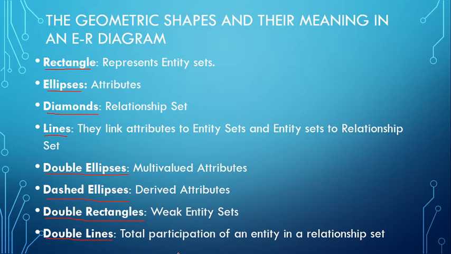You might not be understanding what these mean, what a multi-valued attribute, derived attribute, weak entity set and relationship are, what I am talking about. So let's go in depth. Don't worry, we will learn clearly about these shapes and how to link them. First of all we'll learn about entity.